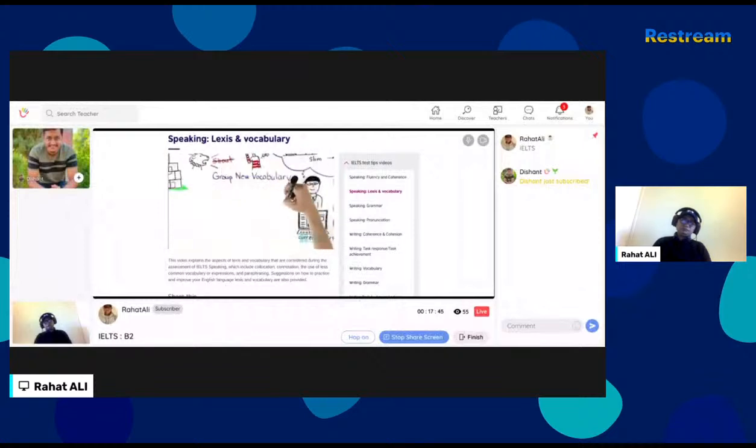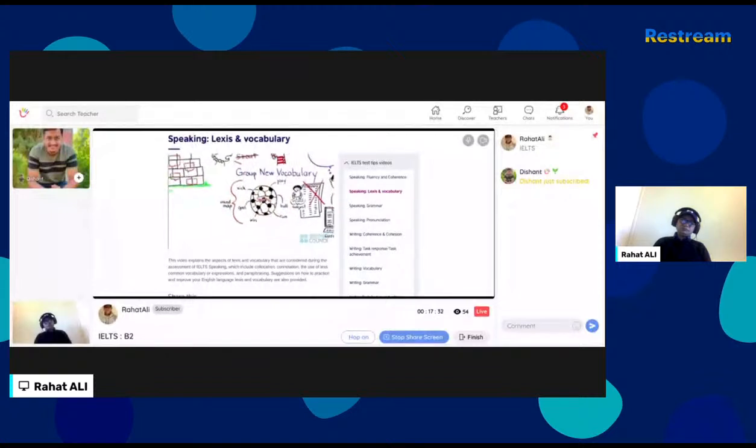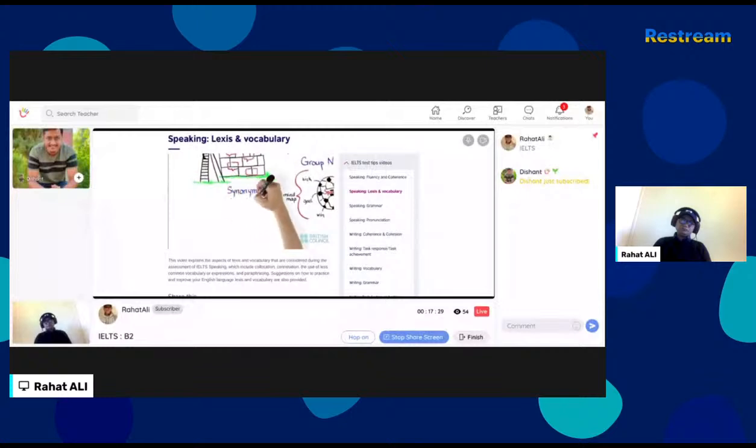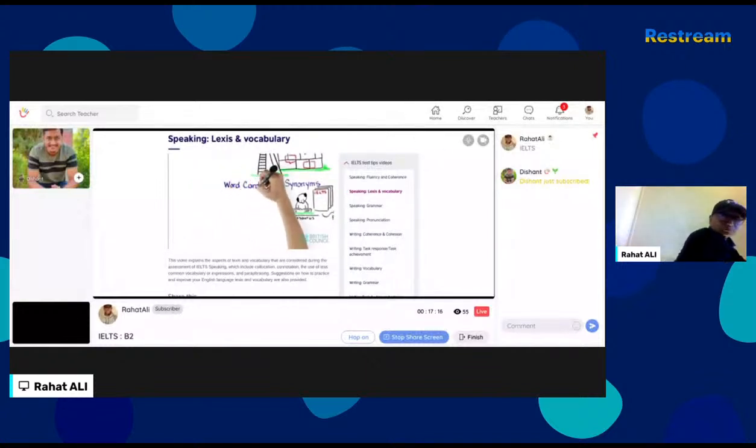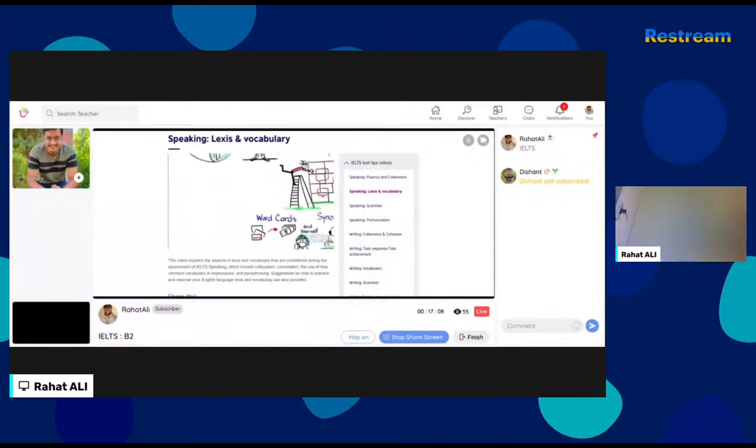Group new vocabulary into related subjects and learn these together, rather than making long lists of unrelated words. For example, make a list of words about sports. Using mind maps often helps with this. Learn more synonyms. These are words or expressions which have a similar meaning. Knowledge of synonyms will help with all parts of the IELTS test. Try using a thesaurus. Make small word cards with a word written on one side of the card and the translation and an example sentence on the other side. You can then test yourself.